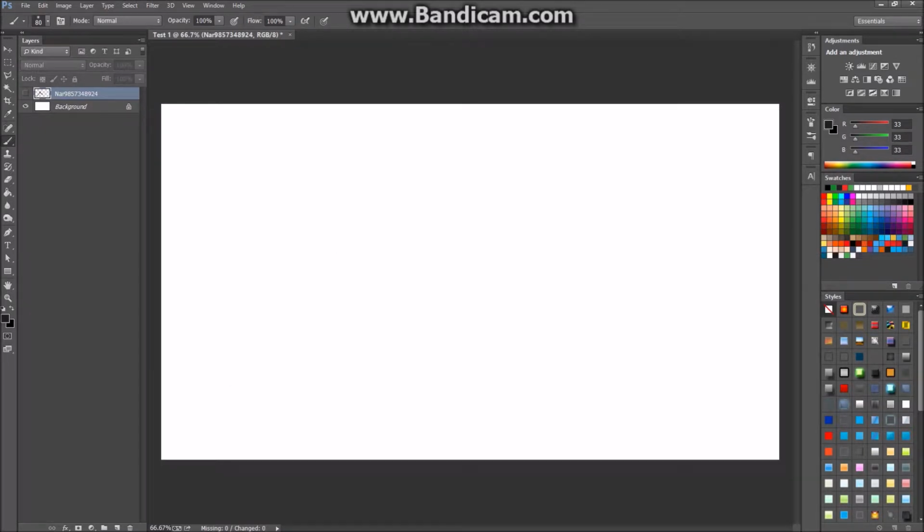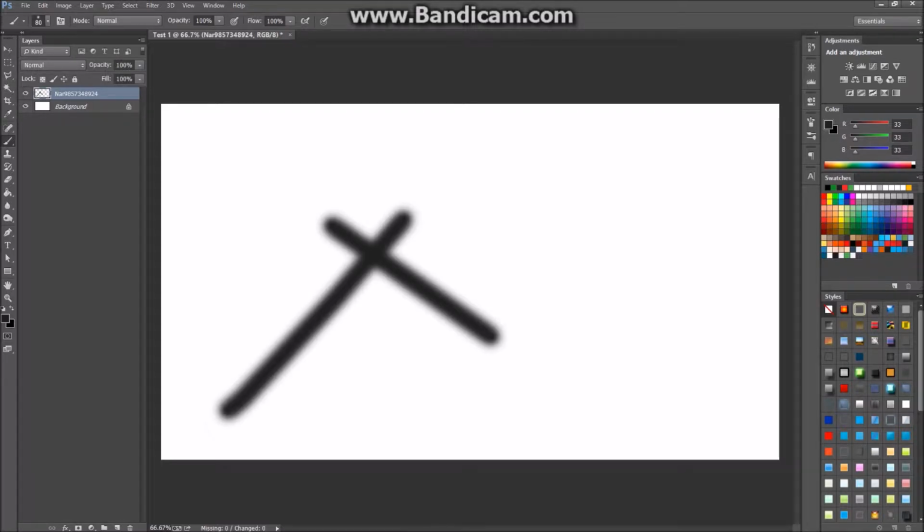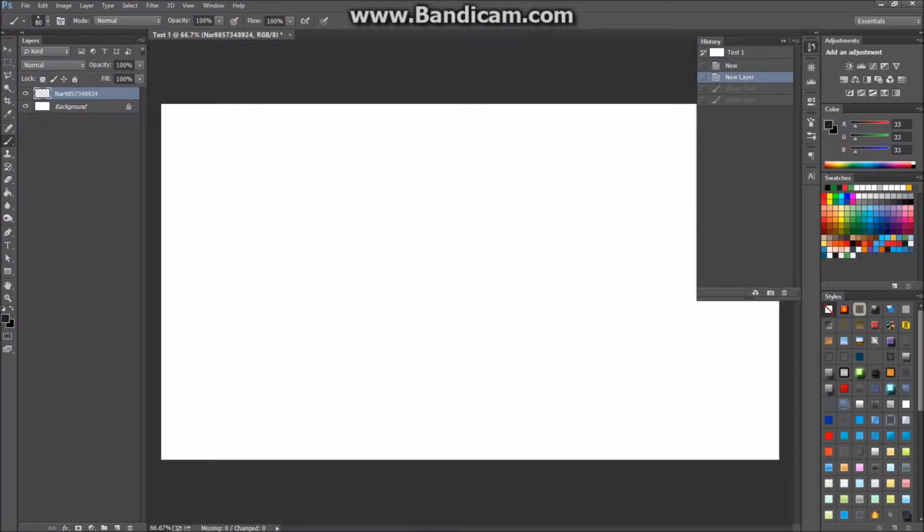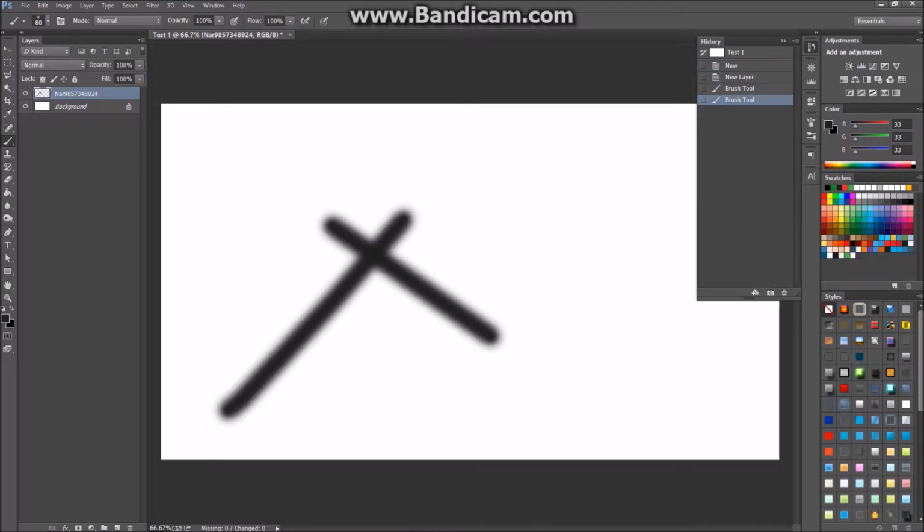Just to delete it, use Delete. If you press Control Z, the layer will come back. It's like the history tool right over here, but with the commands. For Control Z, you're coming back. For Control Alt Z, you can go a few steps back, and with Control Z, you will come back for